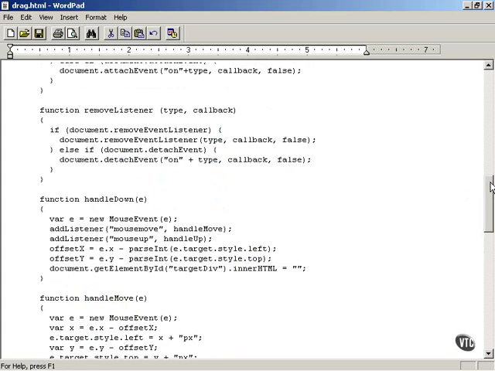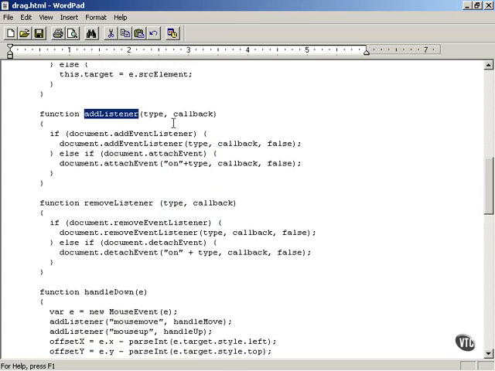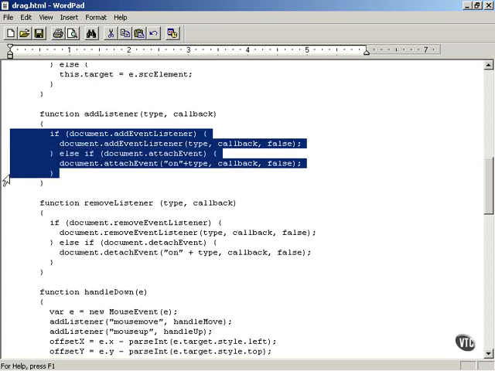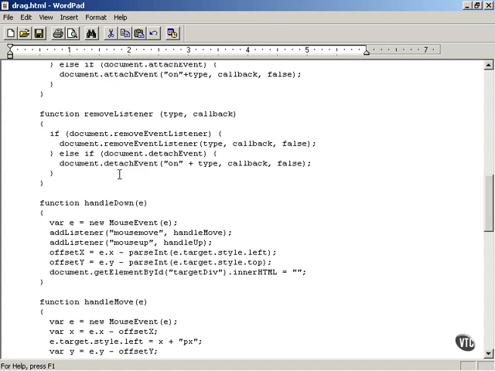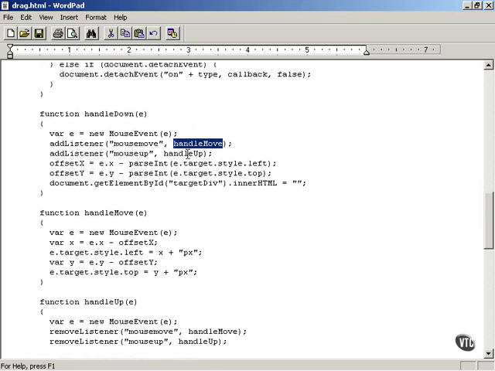And here's how you add the listener. This adds a listener to the mouse event type you want to watch and the function that should be called when that type of event occurs, a mouse up or mouse move event. The actual code differs by browser, as you can see here. This is for Internet Explorer, and this is for Netscape brand browsers, including Firefox. So this lets you tune in on the mouse move and mouse up events in these functions: handle move and handle up. So now we're connected to the